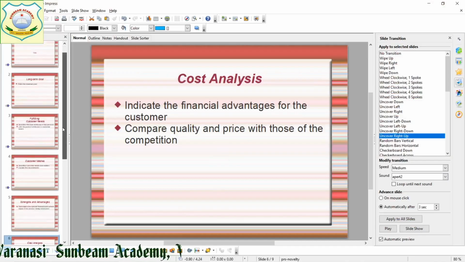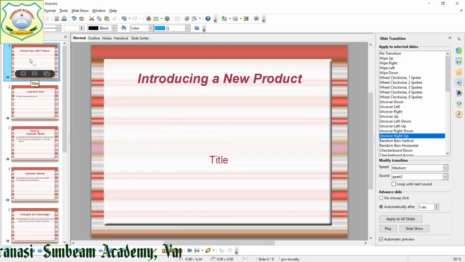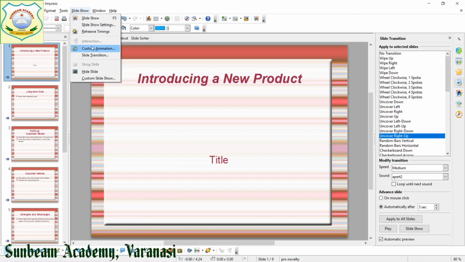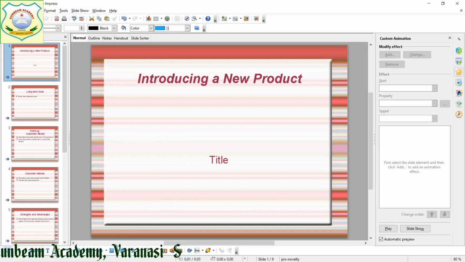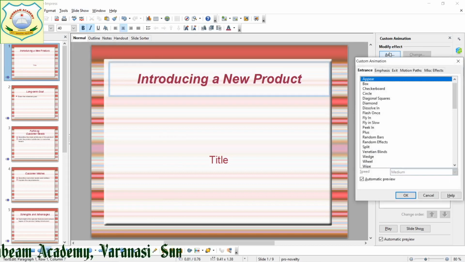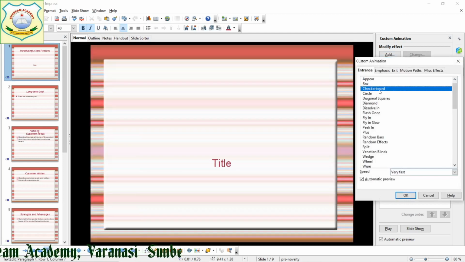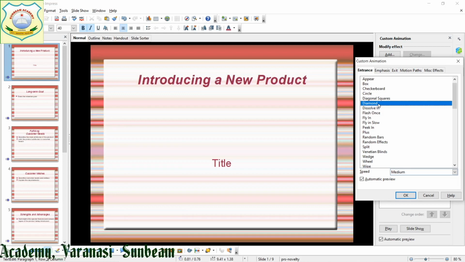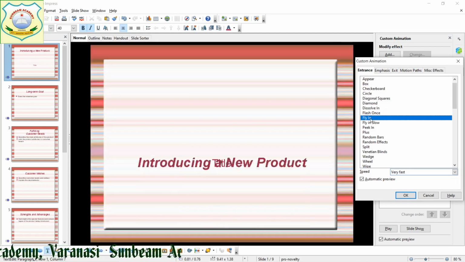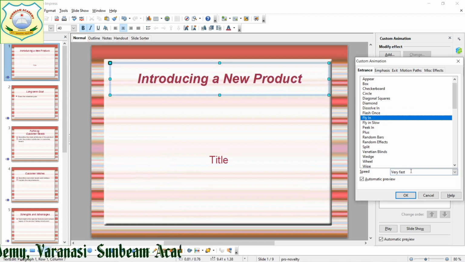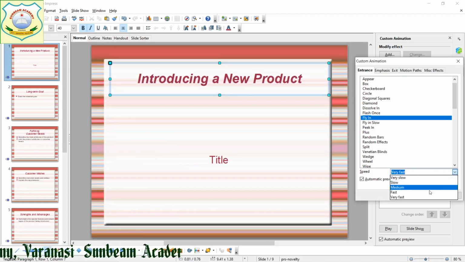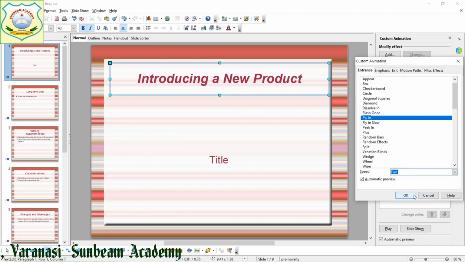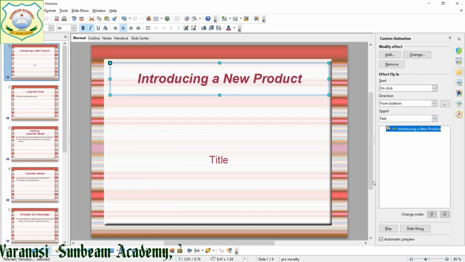Now I am going to see animation. How can we animate our topics or characters, words onto our slide? Then Slide Show, Custom Animation. You can see here I have selected this one. Now if we want to add any effect, checkerboard, now you can see diamond. In that manner the character will come, fly in. Character likewise. Right? Very fast, fast, in whichever manner you need. Right? I said okay.